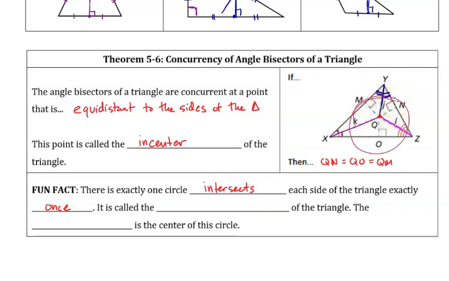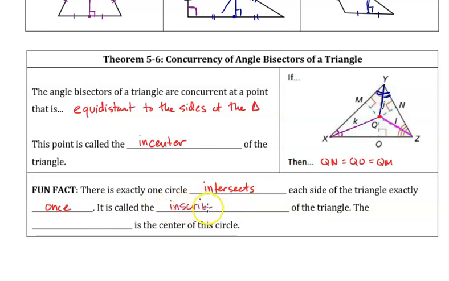Right? Sketch out a circle that would look maybe like that. Let's try to do that a little bit better. Not very circular, but you get the idea. So that circle there you can see is intersecting each side of the triangle in two places. Here and here, here and here, here and here. There is one circle that I could draw that would intersect each side of the triangle in exactly one place. And it's called the